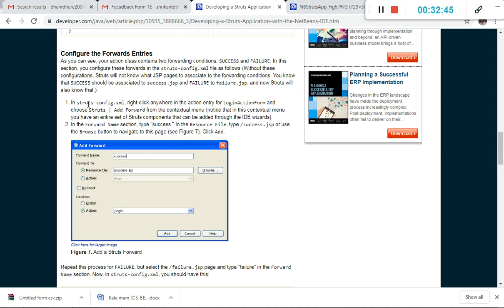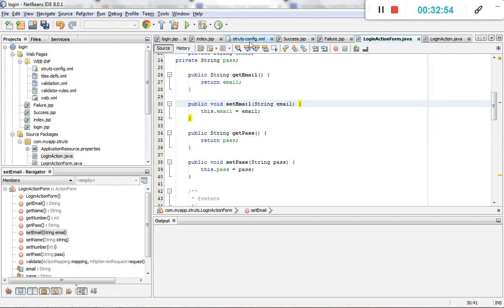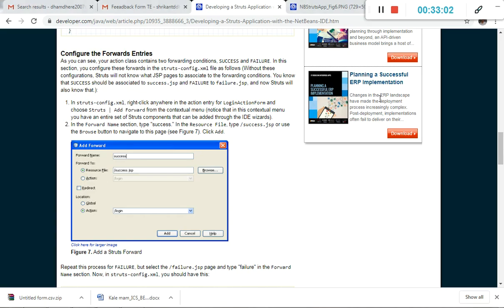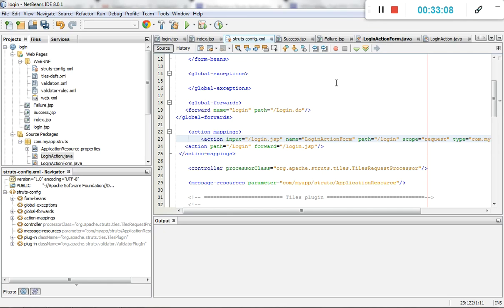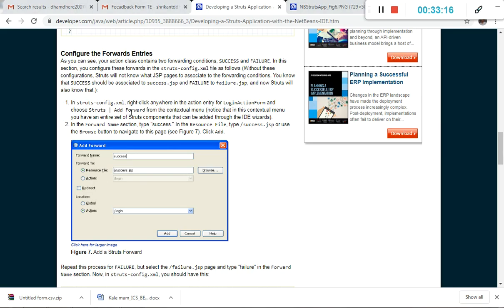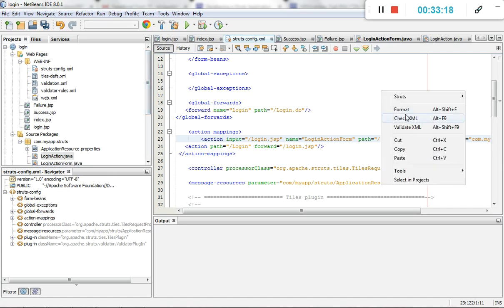Okay, in struts-config.xml, right click anywhere in the action entry for LoginAction form and choose Struts. We need to go to the config file, then right click, go to Struts, then Struts Add Forward from the context menu, click on Add Forward.